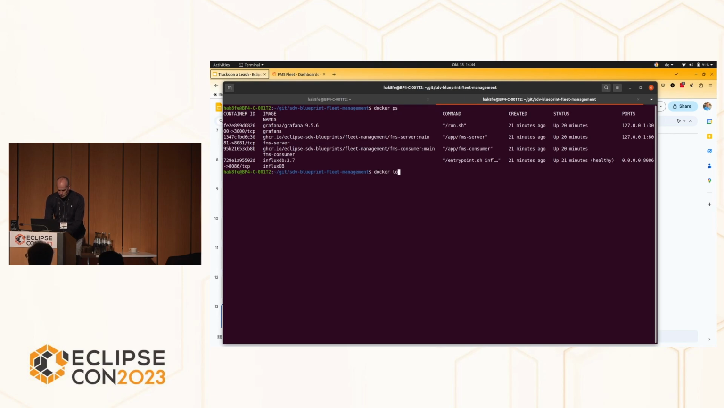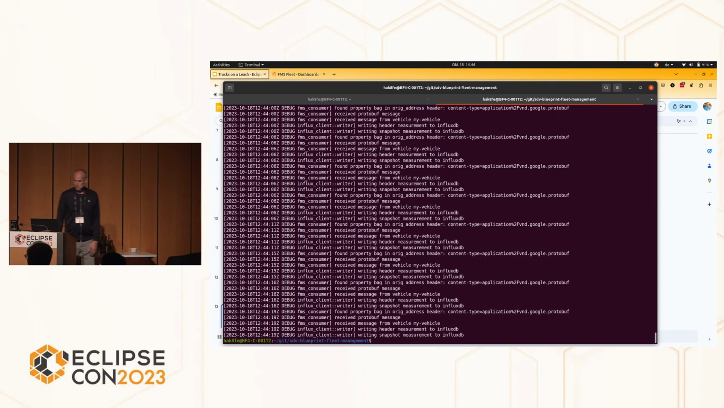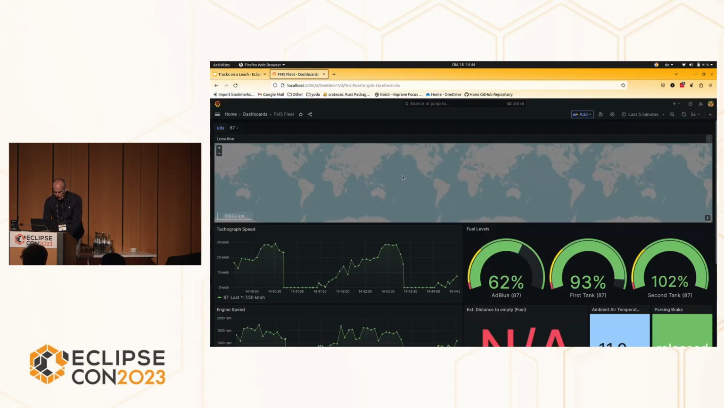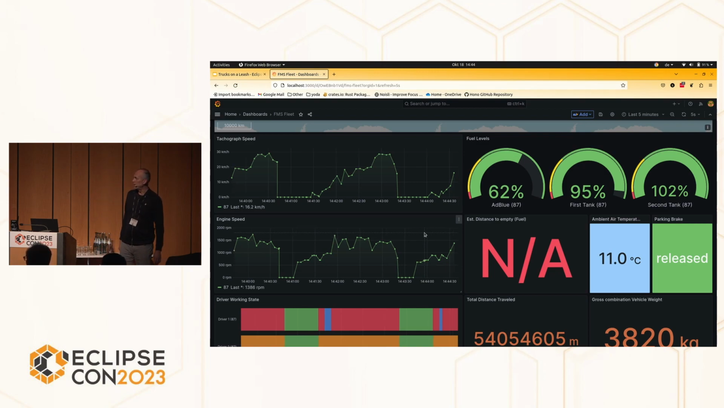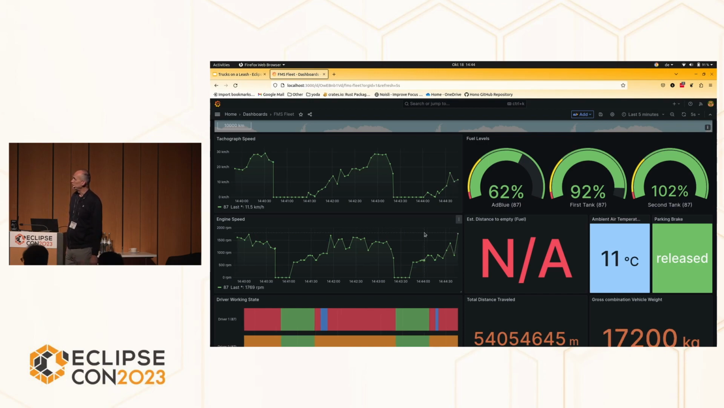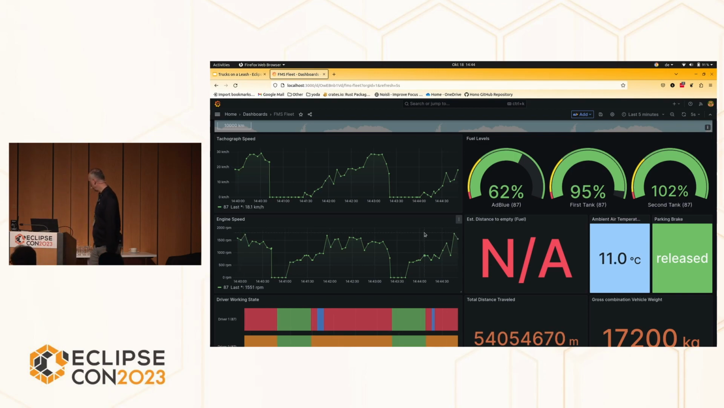And what we can, for example, now also see is the logs of the FMS consumer, how it actually receives the data from the Kafka topic, decodes the data, and writes it into the InfluxDB. And finally, what you can then also hopefully see is the data flowing into the Grafana dashboard here. So this is the live data that is coming from the Raspberry Pi. It's a selection of the telemetry data, like speed, engine speed, fuel levels, you name it, ambient air temperature. Below there, you see